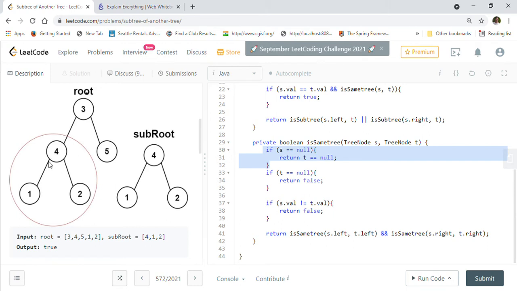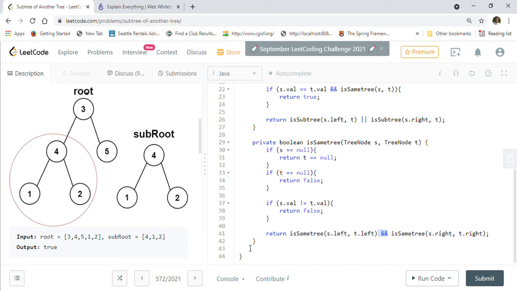It goes first all the way down, and then the recursive call will return true from here, because s will be null when we are calling the left subtree and right subtree, right? So that's how the recursion works, and it returns the true value here. So true value will come to 4, and for 2 also true value will come to 4. So both true will make the subtree true, right? Because here, as you can see, it is AND. So that's what it will do.